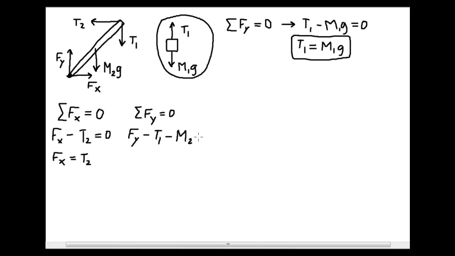Those exhaust all of the vertical forces in the problem, and that's equal to 0. So that's an equation that's going to be helpful, but once again, it's got two unknowns in it. So I can't directly solve for either Fy or T1. So I'm left now turning to the torque equation, which is the new equation that we get